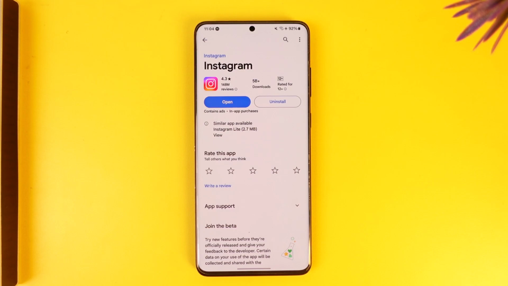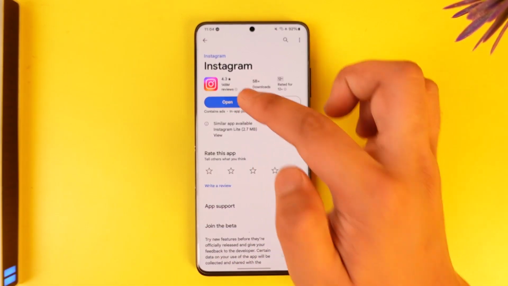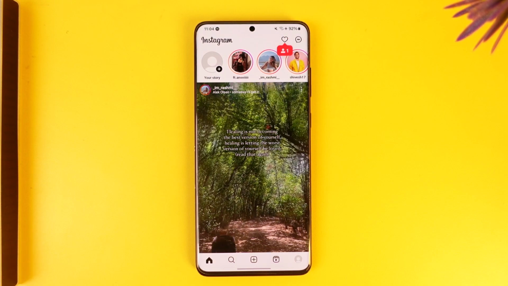In this video I'm going to guide you on how you can upload high quality stories on Instagram, so make sure to watch the video till the end. To upload high quality stories on Instagram, simply open up the Instagram app and you will see this type of